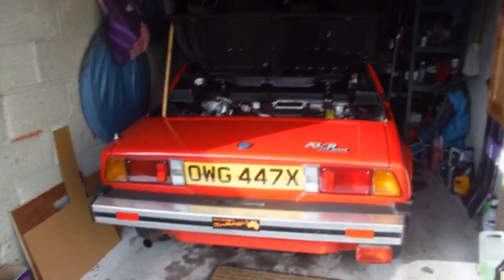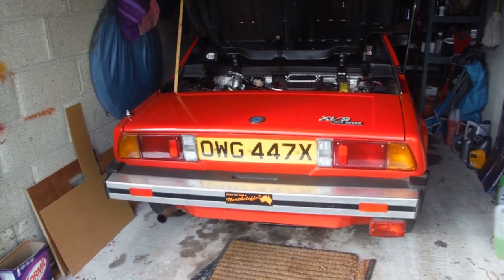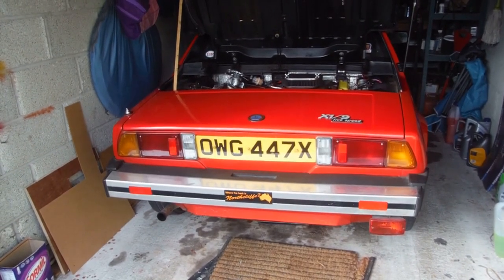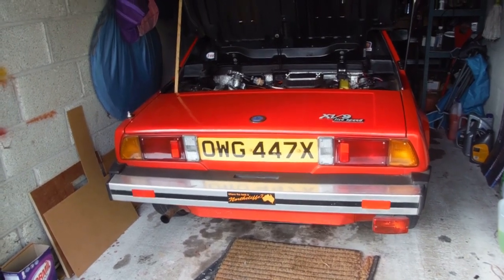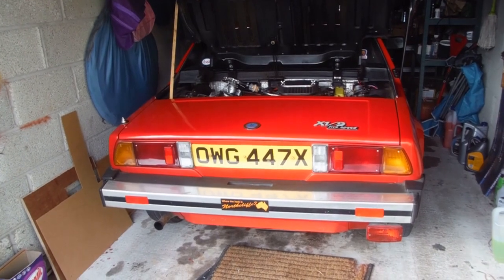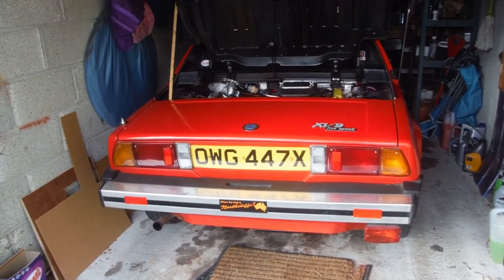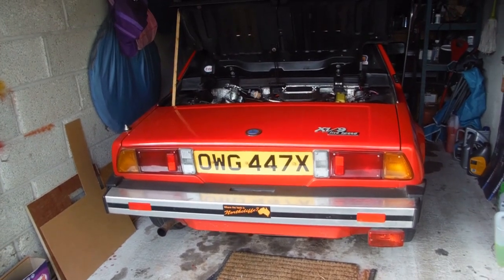Today we're going to do an oil change on the car, and the reason we're going to do it is because it's been starting poorly in the very cold weather we've had, and I realised it might be the oil. I put some thicker oil in it last year so that it wouldn't smoke so much on startup, and then it occurred to me that perhaps that might be the reason it's cranking